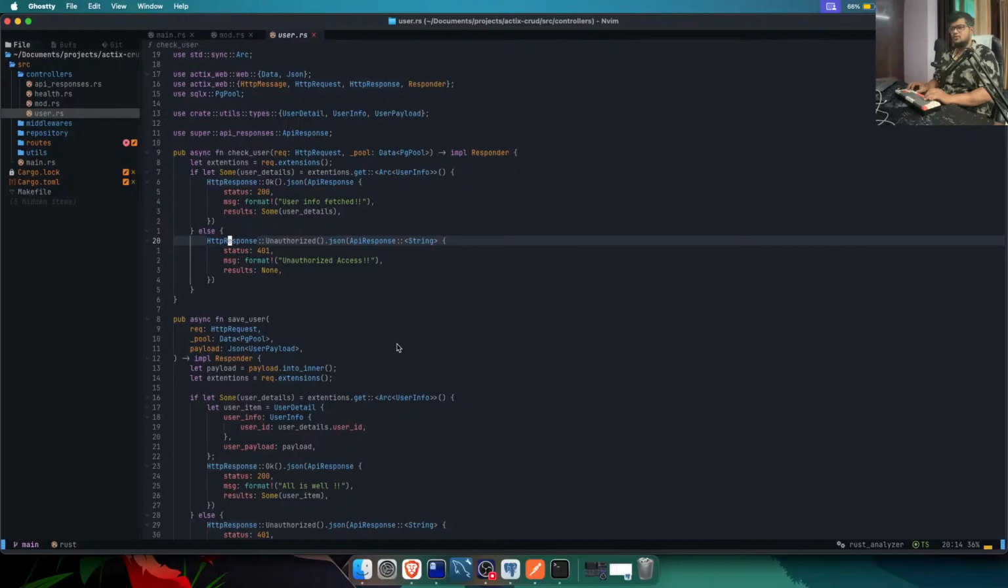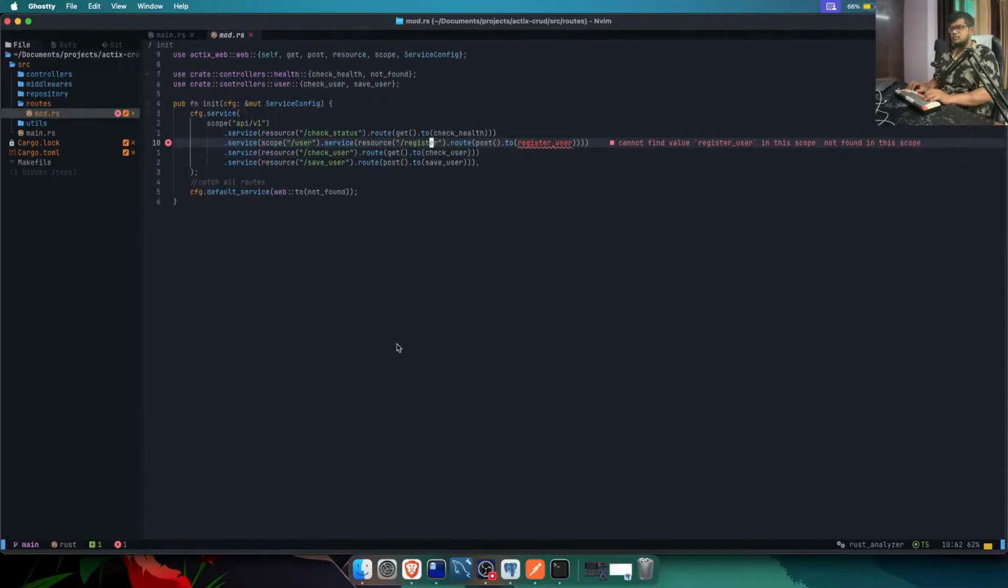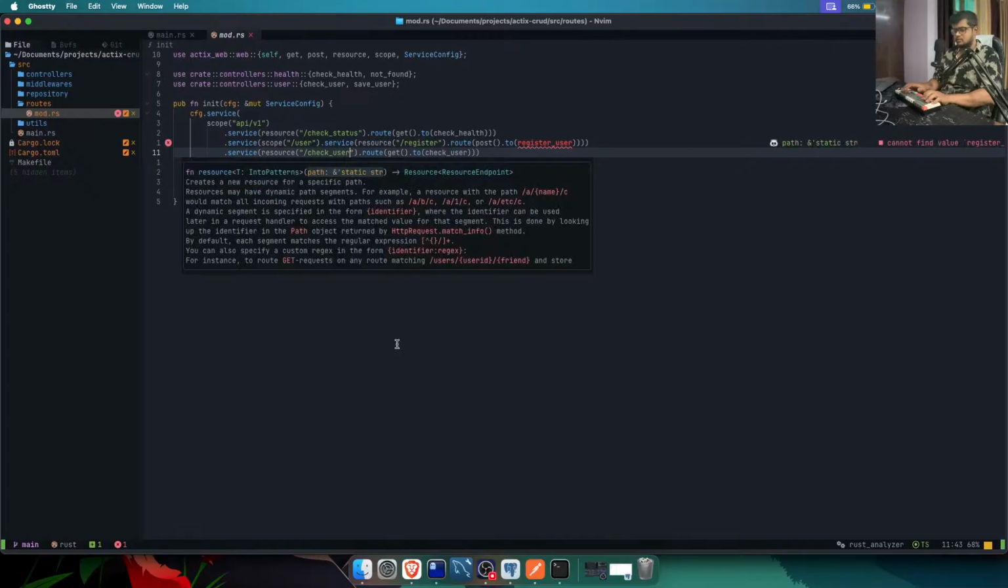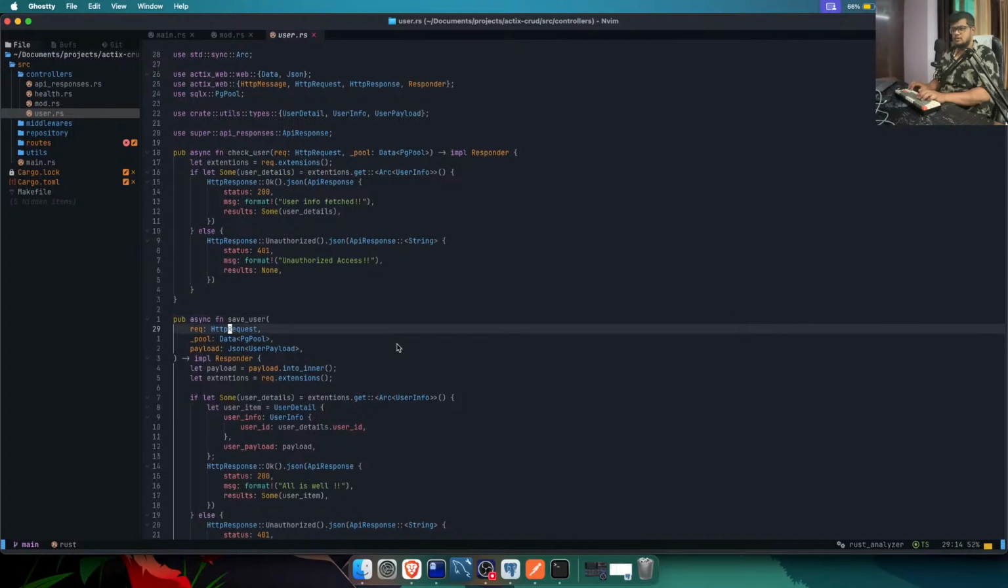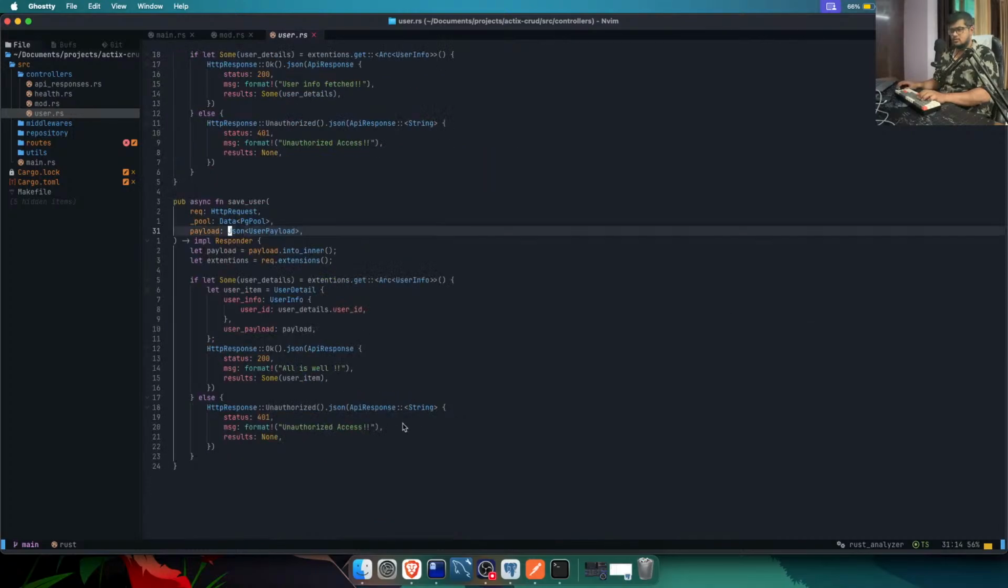We don't need to. Maybe we could just say check user status and save user, right? Save user. What is this thing doing? Save user. All right. It is also post. We were also testing how we can access the user info from the request and how we access the